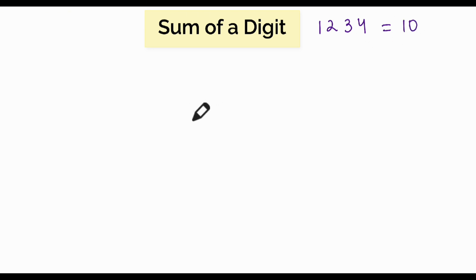If you remember the previous class, how do we calculate the sum? Suppose you have 1, 2, 3, 4. You take the remainder and you store it. You divide the number by 10. So actually, you have a current number, you'll create a quotient and you'll create a remainder. First of all, you will divide 1, 2, 3, 4 by 10. You will place the remainder here. So for example, 1, 2, 3, 4 divided by 10. What is the remainder? It is 4. And what is the quotient left? It is 1, 2, 3.